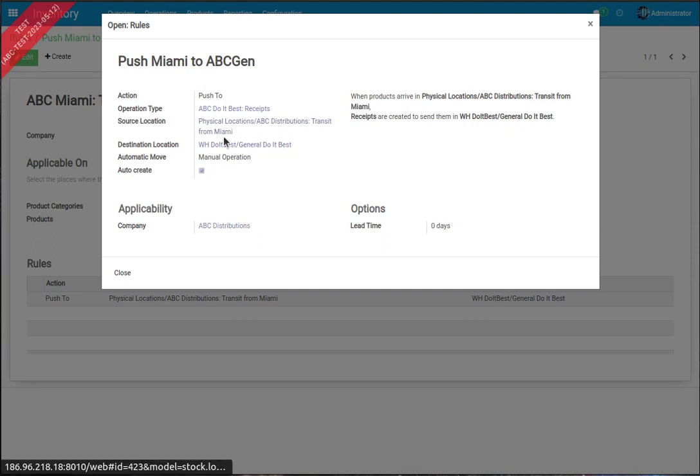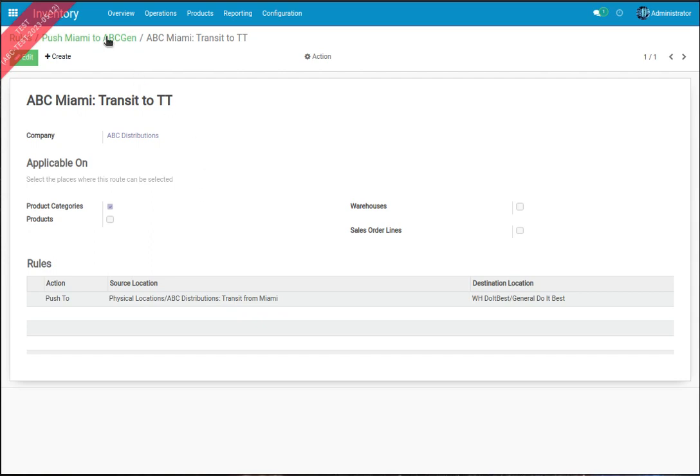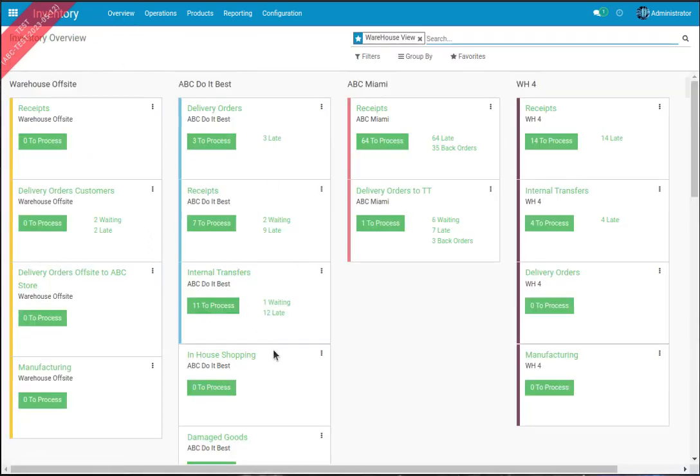So the regular user won't have to worry about this setting, right? But it has to be done on the transfer settings, so the system knows that it has to auto create one transfer for each transfer that is created at the origin. So this auto create option is important. That's the first thing. Now coming back here to the overview, I will show you what happens now when we